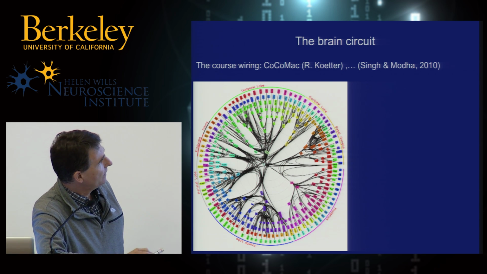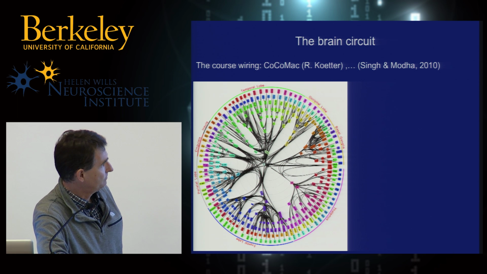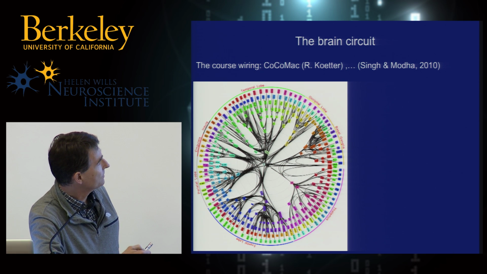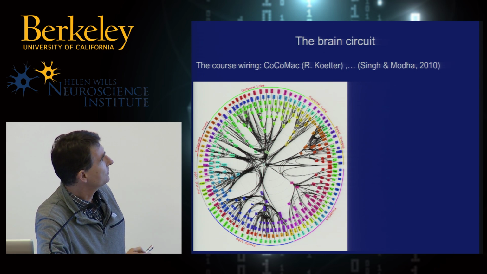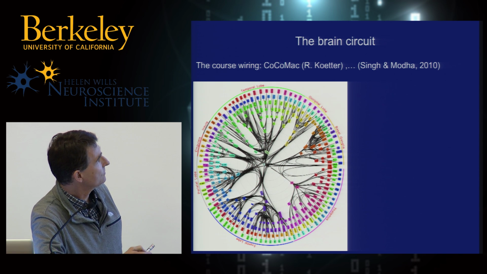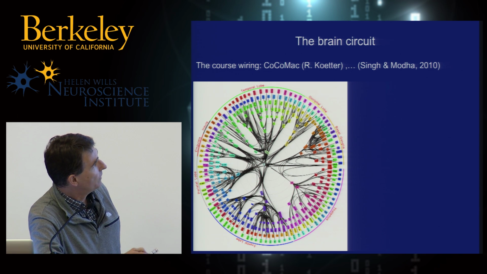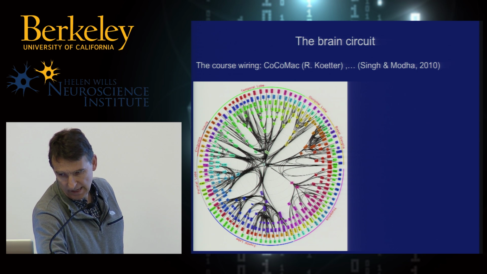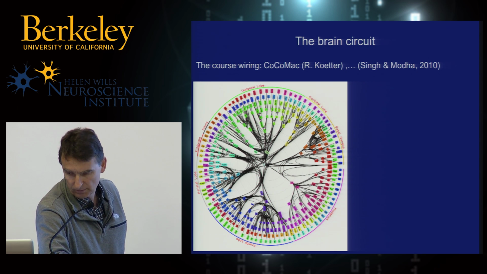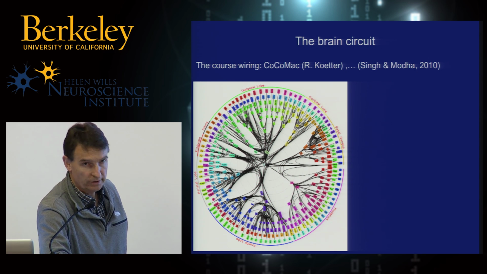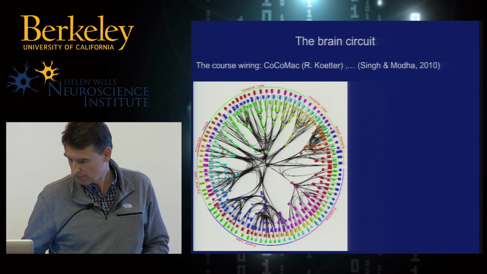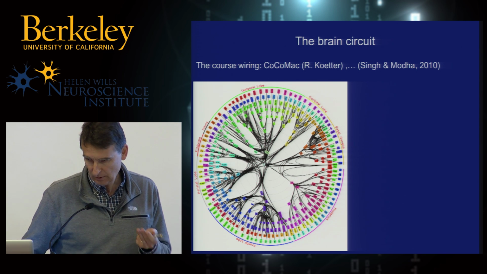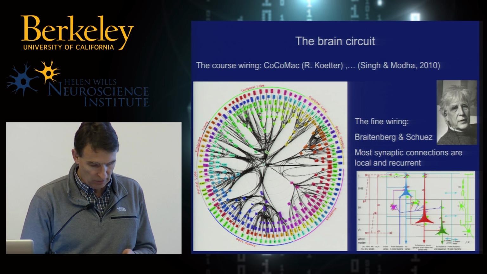And this is work by Dharmendra. As you can see here, you cannot really see it, but here are all the cortical brain regions, and you can see the bundles of fibers going between these brain regions. This is the coarse view of the computation network that we are dealing with here. And on the fine